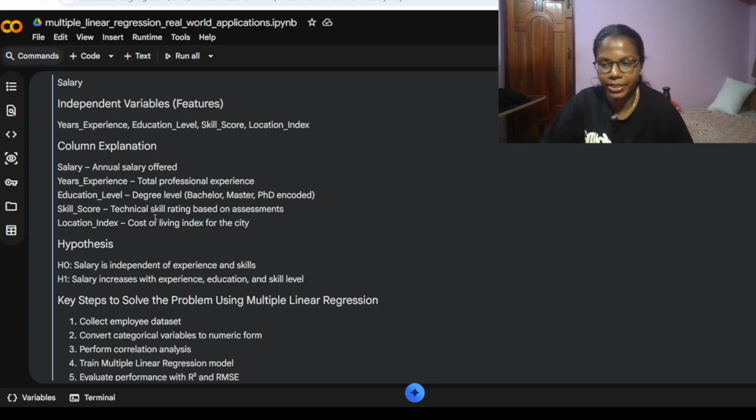Now let's see if you get it right or not. Salary increases with experience, education and skill level. Will it work in the same way for every kind of problem statement? No,